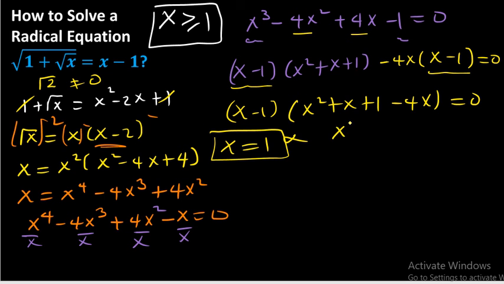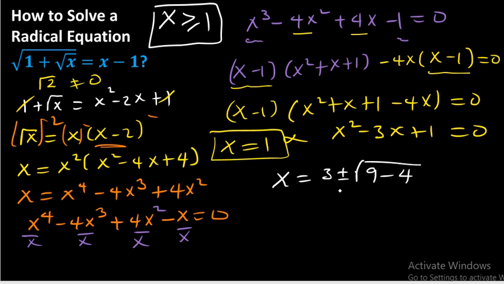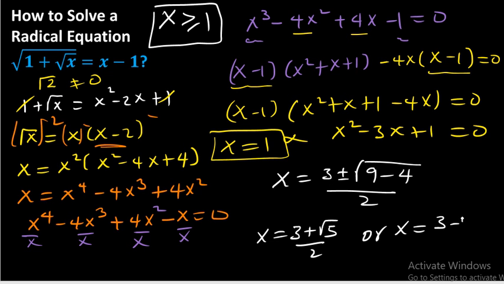The next part, x squared minus 3x plus 1 is equal to 0. This is a quadratic, so we need to apply the formula to get x. We know the formula: negative b plus or minus square root of b squared minus 4ac over 2a. So let's do that. x is equal to negative b, which means 3, plus or minus the square root of b squared, which is 9, minus 4ac, which is just 4, the whole over 2. This means x is equal to 3 plus square root of 5 over 2, or x should be equal to 3 minus square root of 5